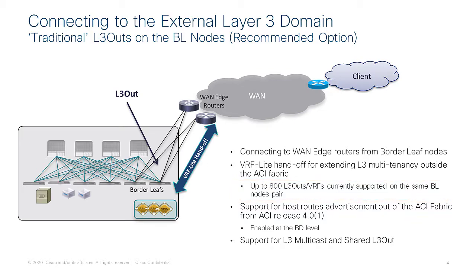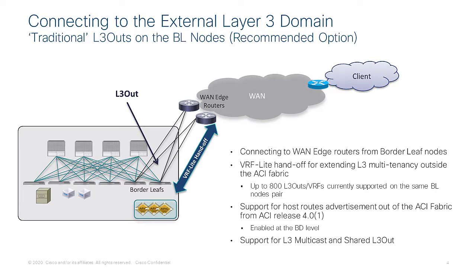Each VRF will define its own L3 out, one or more L3 outs actually, with its own set of border leaf nodes, which are ACI leaf, logical interfaces, which are the interfaces connecting the leaf to the WAN edge routers, and also a routing protocol to be used to exchange reachability information with the external network domain. But this configuration needs to be repeated for each L3 out